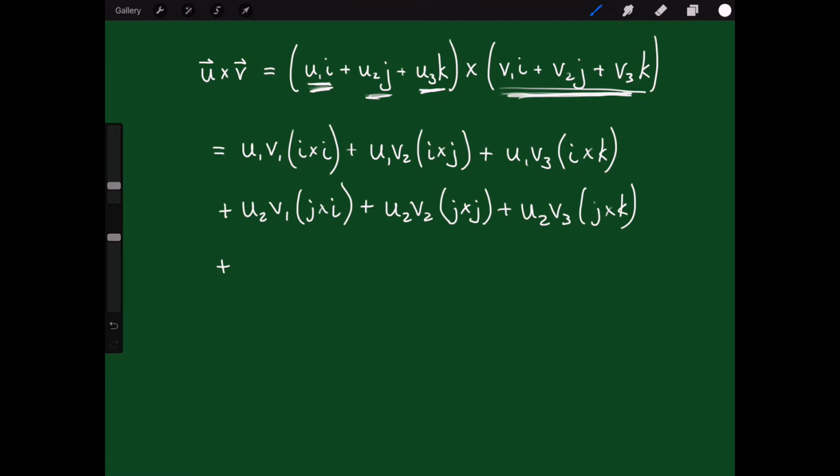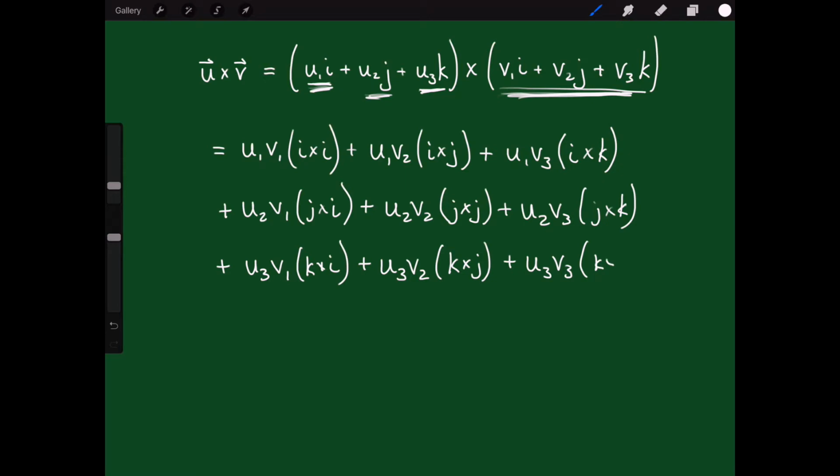I'll distribute it, and I get u3 v1 k cross i, plus u3 v2 k cross j, plus u3 v3